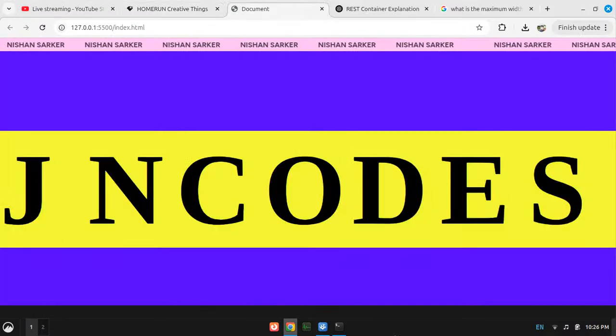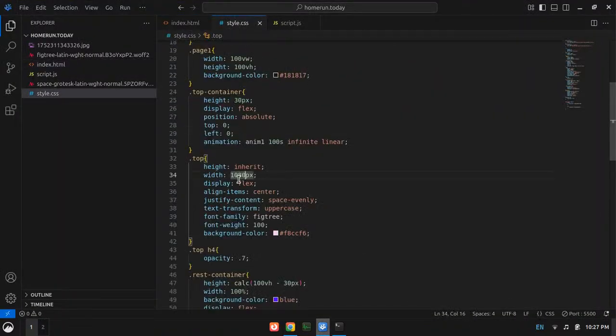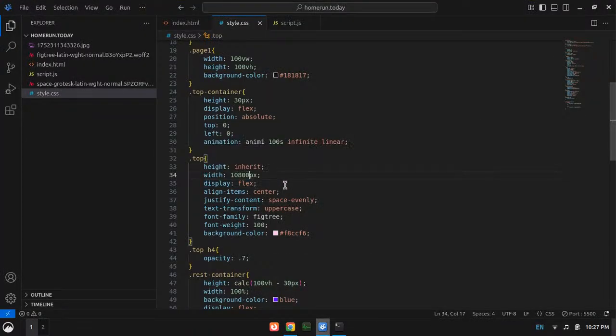Let's just continue with our code, and I have found a solution. Wait, what did just happen? Did it snap or something? Whatever. I found a solution to this while I was in the restroom. So later on I will check if the window width is less than 1080 pixels, and if it is not, then I will increase this number massively.